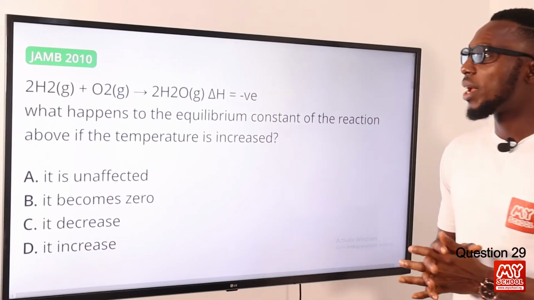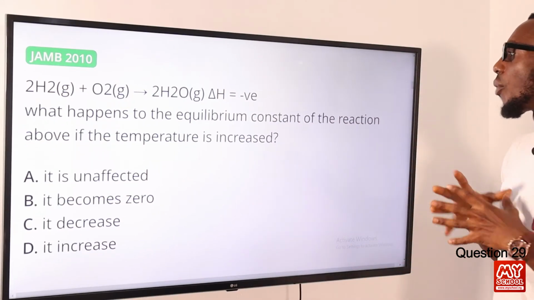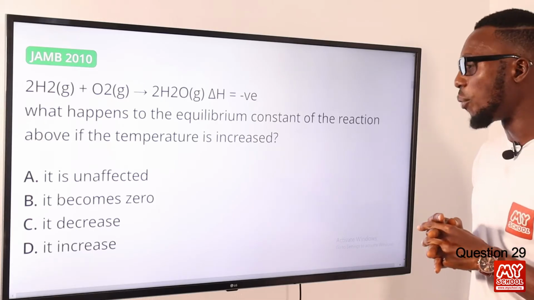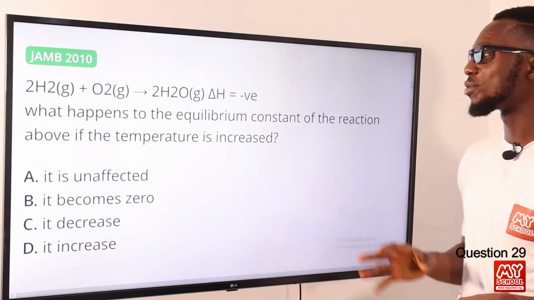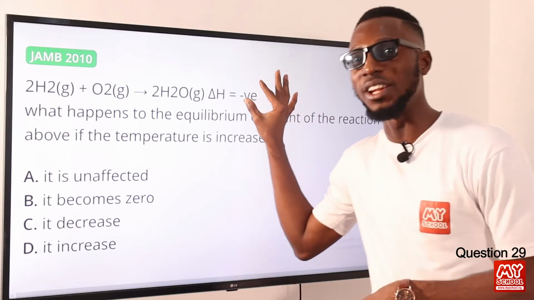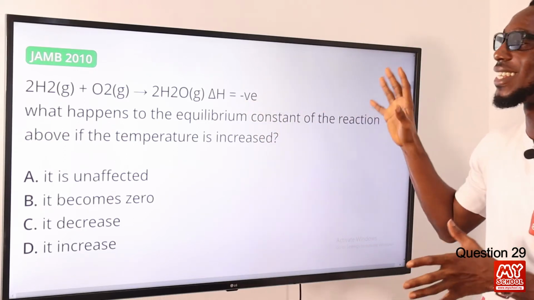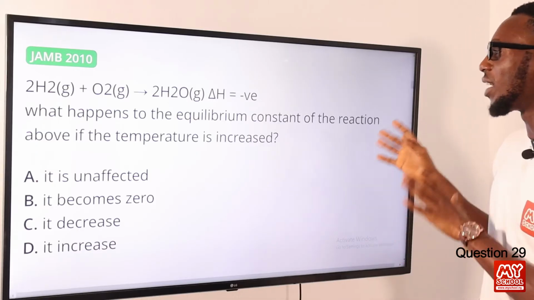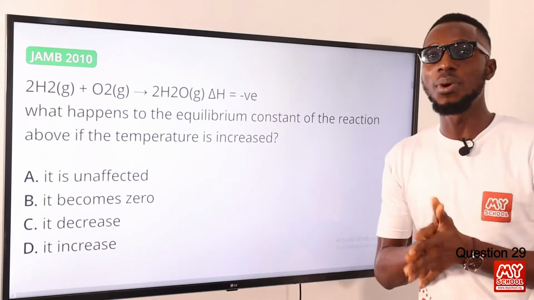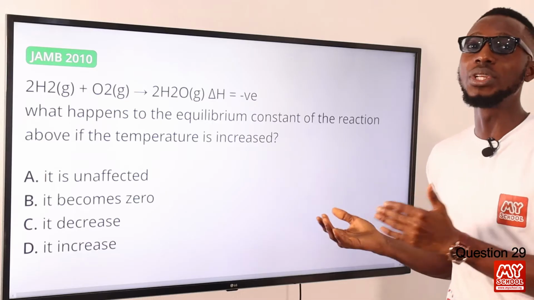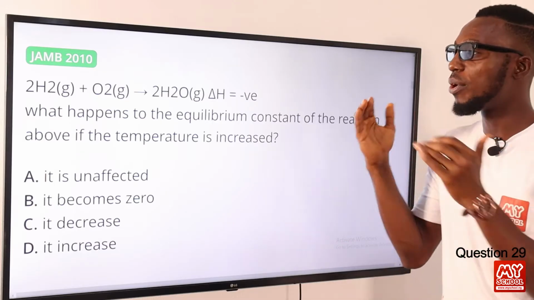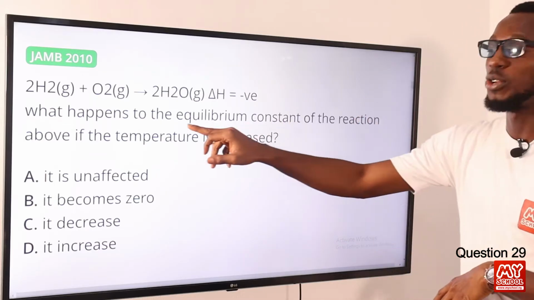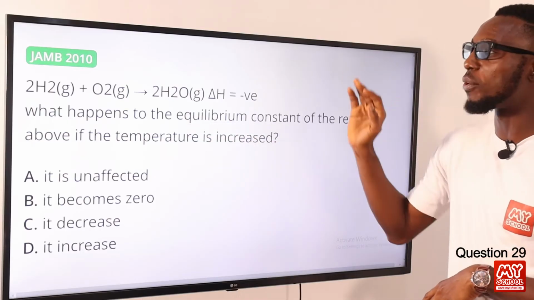29. What happens to the equilibrium constant of the reaction above if the temperature is increased? At first you can see we have a negative value. This tells you that this is an exothermic reaction. For an exothermic reaction, if you increase the temperature, the equilibrium position will shift to the left, and that will cause a decrease in K, your equilibrium constant,